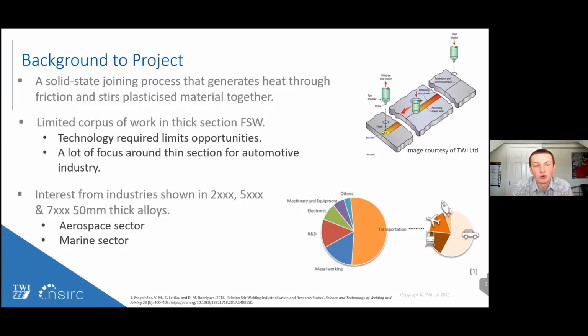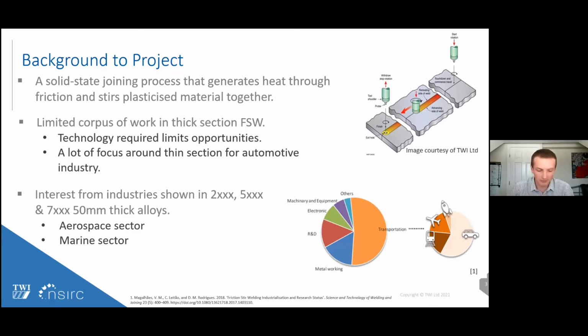However, there's quite a limited corpus of work for thick section. And this is due to various reasons, but one of the main ones is the fact that previous industrial demand was in thin section. So a paper that was released in 2018 showed that over 50% of all applications for friction stir welding were in the transportation sector, and of this 50%, 60% was in the automotive industry. And the automotive industry has a far greater want and need for thin section than it does thick section, and that's driven the research. Automotive industry typically uses friction stir welding for a wide range of applications, such as battery